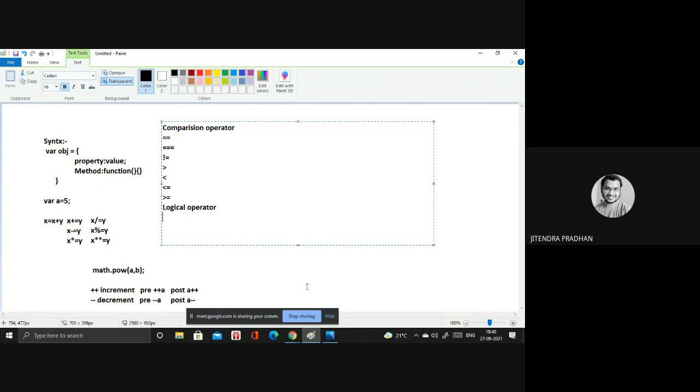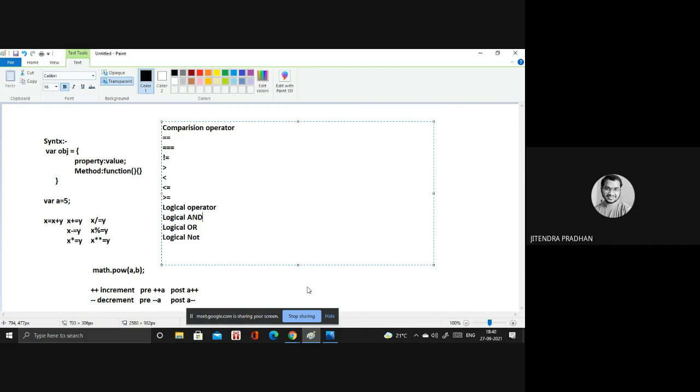First one is logical and, we have logical or, and logical not. So basically we have three types of operator: logical and, logical or, and logical not.